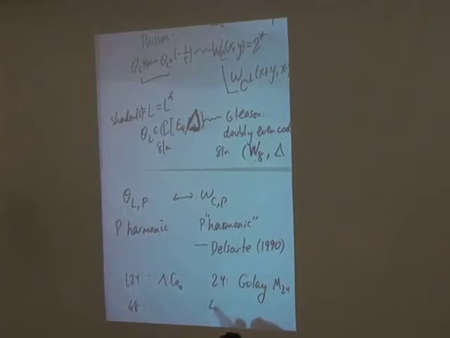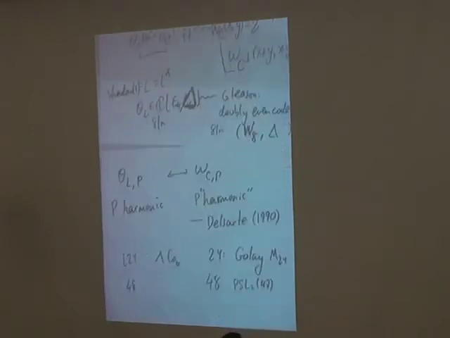Here for 48, we have only one example. It's known to be unique. It has automorphisms by PSL2 of 47, like one of these does. And past 48, nobody knows. And just like for lattices,